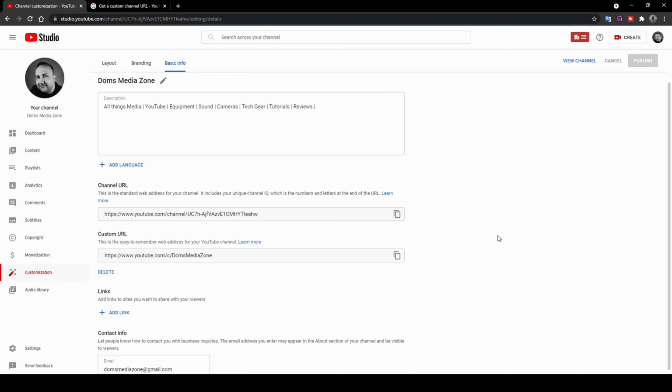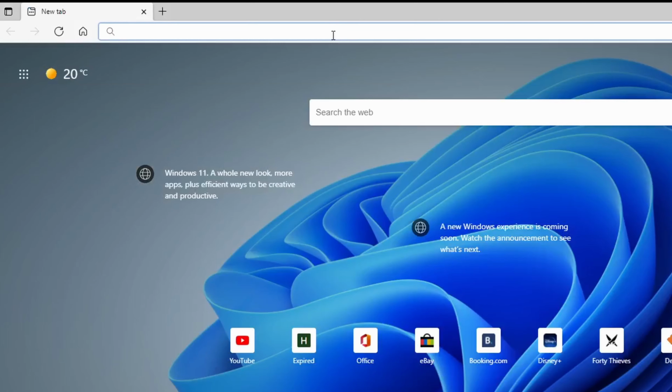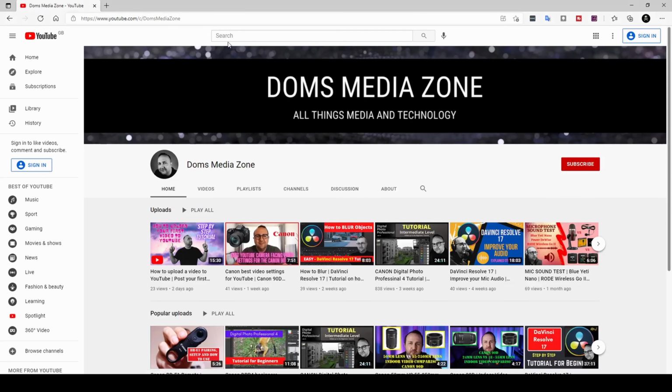And that's basically the whole process. It's super easy to do. And once you've got that, you can go ahead and test out that your channel custom URL works. So let's go ahead and do this. So I'm going to paste the channel URL into this browser here and hit enter. And as you can see, it takes me straight to my page now, which is fantastic. And now, as you'll notice, it's got here